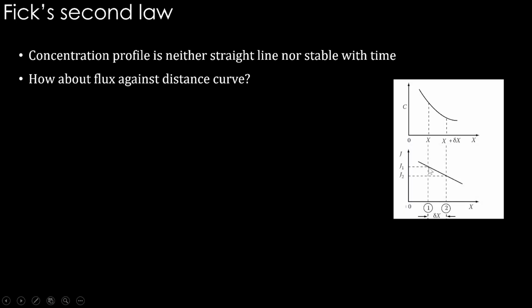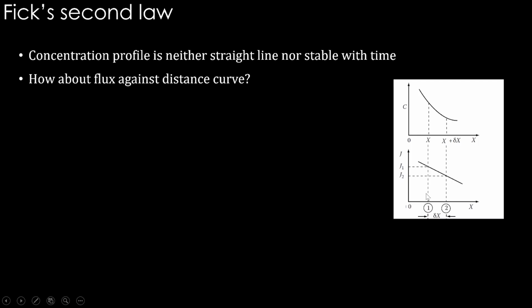If you draw a tangent here, you can get dc by dx here. That slope is steeper compared to a tangent at this point, like this. So dc by dx is higher here and lower here. Therefore, flux will be higher here and lower here. A higher flux for this point where x is marked, that location is marked as 1 here, and x plus delta x, this point is marked as 2 here, and here flux will be lesser because dc by dx is shallower here. So different fluxes happen at two different locations.